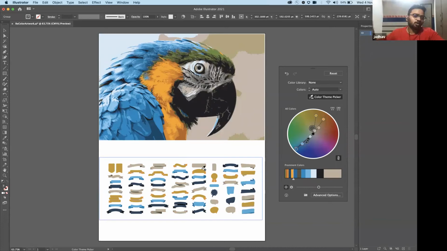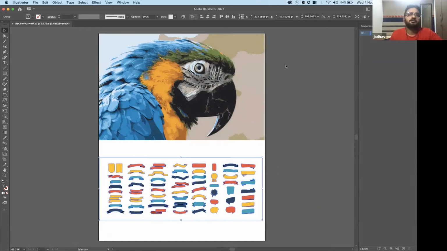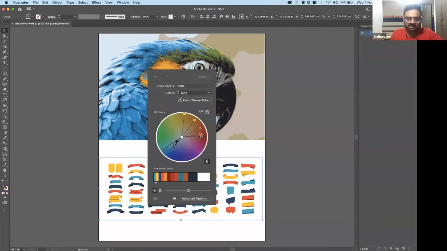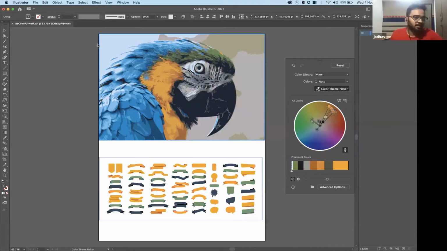Maybe there's a situation where I don't want all the colors of the parrot. Maybe I like the head of that parrot. I just want those colors which are on the face of the parrot. So if I go back, I will draw using this tool, and only the colors which are present within that particular portion will be picked. So if I come to the color set picker, I just need to draw the portion of the color that I need into my artwork, and that will be updated. So the blue color is not coming into my artwork because I did not select the blue color there. So this was about Recolor Artwork.